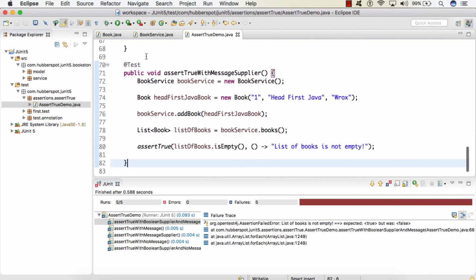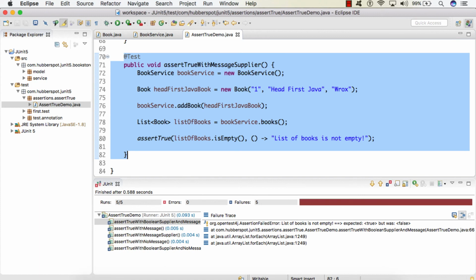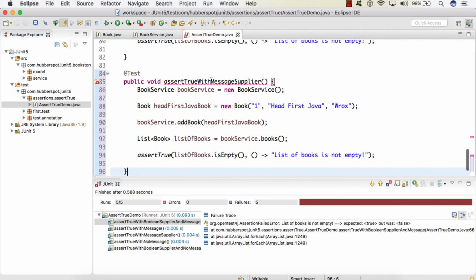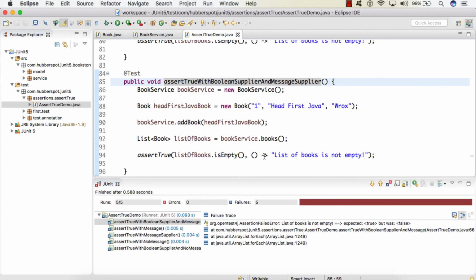And the last overloaded method is very much similar to this test. So I give the name as assertTrue with boolean supplier and a message supplier. Here the message supplier supplies the message and a boolean supplier will supply the boolean condition for us. So it would be a lambda expression.